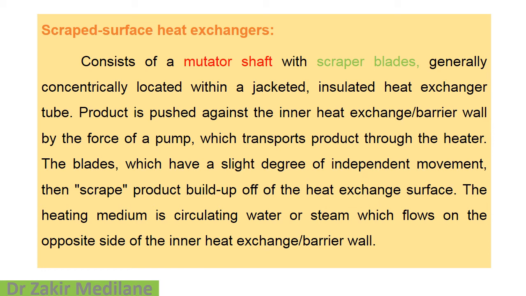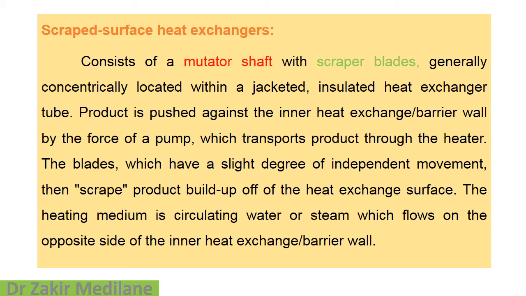Inside the equipment there are no heat exchangers available, whereas outside, the jacketed equipment where it is enclosed is insulated with the heat exchanger tubes. Now, where the product has to be put, the product is pushed against the inner heat exchanger, or what we call a barrier wall, by the force of a pump. With the help of the pump we inject the sample, which directly enters the container,